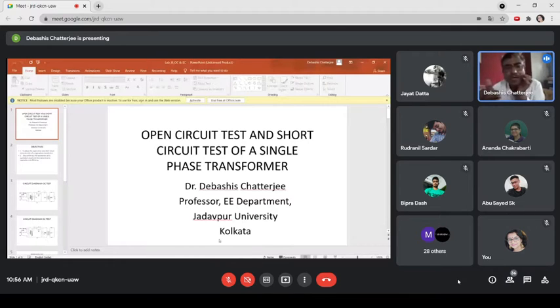Lower copper loss means lower resistance, so naturally the series components will be lower in magnitude. And the shunt components are responsible for the no load current. If you don't connect a load and you provide a supply, the transformer still carries some current, but the current is very small. How much is the no load current in terms of full load, in percentage? Can you tell us?